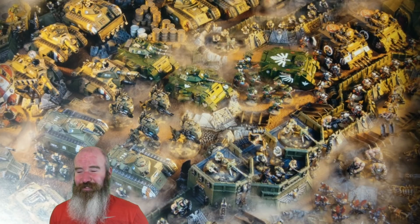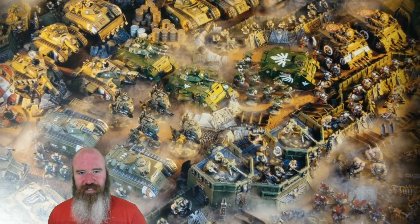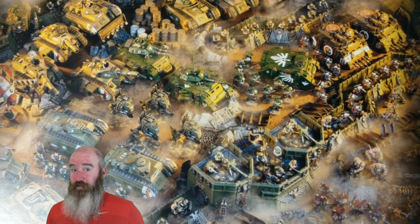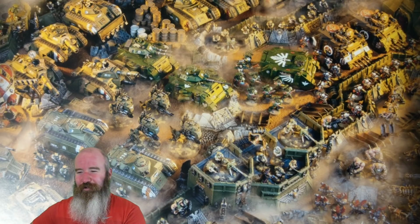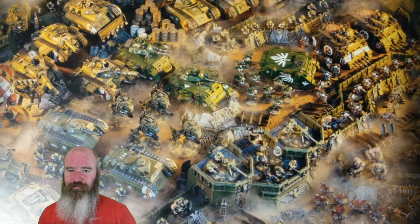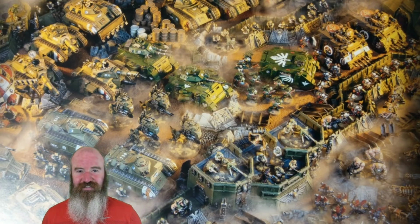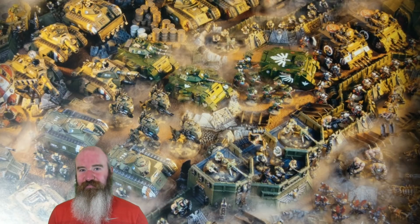What's interesting about this picture as well, and the release of this week's magazine having this information, is Apocalypse is up for pre-order at the end of this week, so most people collecting this magazine won't even be thinking about playing Apocalypse yet, but playing battles on a completely different scale with all the forces you have. You might want to take your Imperial Knights, if you've got them, ally them with your Imperial Guard like they do in this picture. If you've got a Sisters of Battle force, bring them along with your Space Marine force,